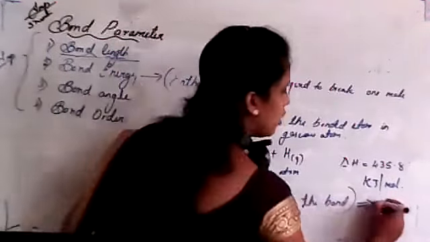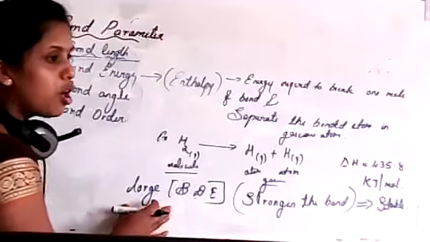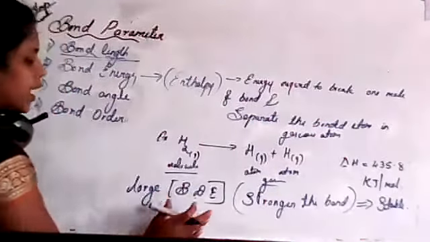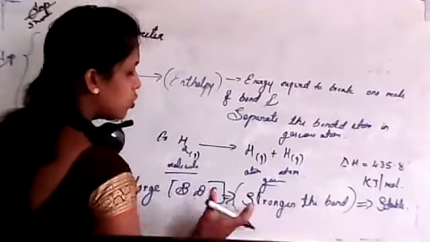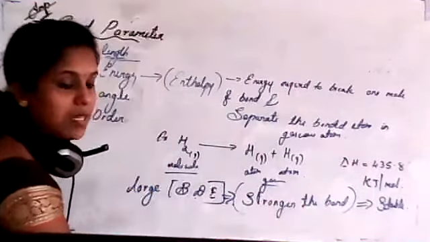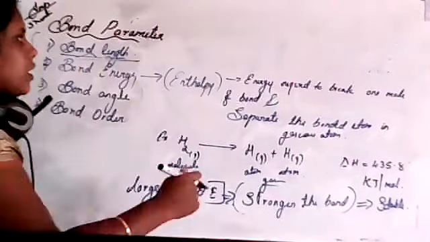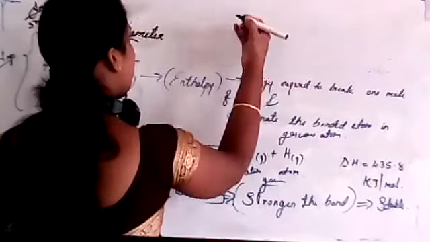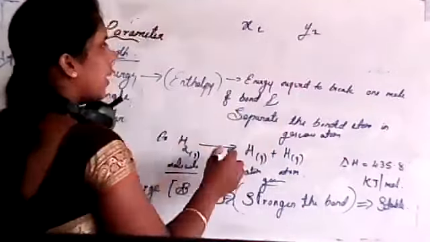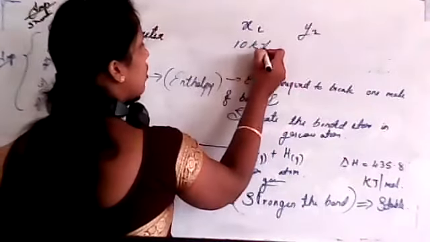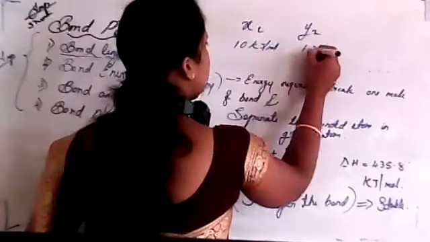Stable, isn't it? So these are again interrelated, students. Very important. If you need a large bond dissociation enthalpy, then the bond is stronger. That means the bond between those two atoms is very strong, which means the molecule is stable. Clear? If we consider any two molecules X2 and Y2, where X2 needs only 10 kilojoule per mole, I'll give one example. Okay, if Y2 needs 12